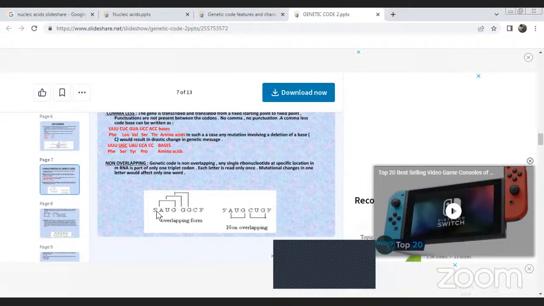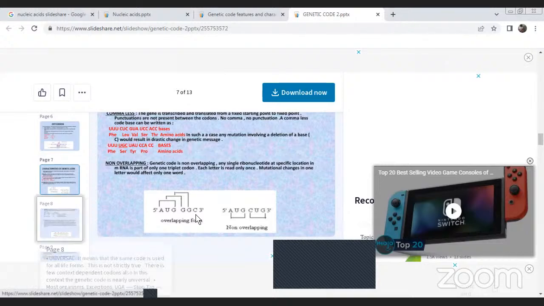What are the characteristics of the genetic code? It is comma-less and non-overlapping. The next one is